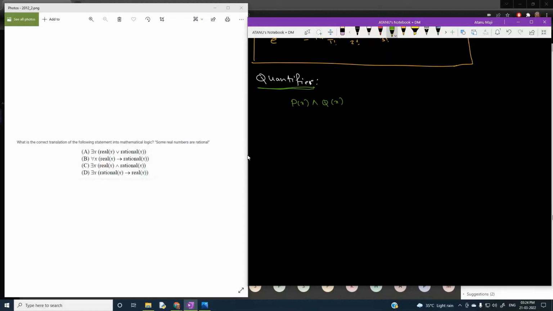You know the meaning of conjunction? That means these two things are happening together, and this is happening for every x. If this thing is happening, this is exactly the same as the individual things happening simultaneously also. So I can write for all x p(x) conjunction for all x q(x) also. That means we can say that the universal quantifier is